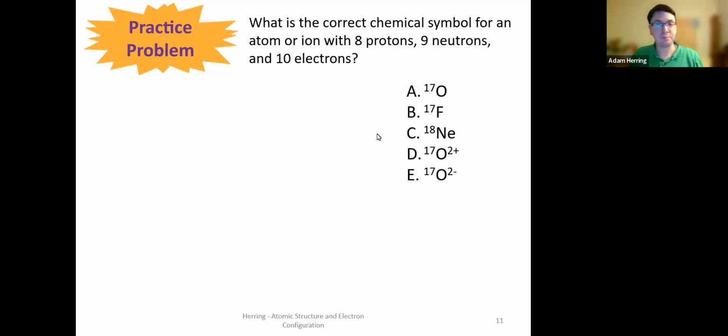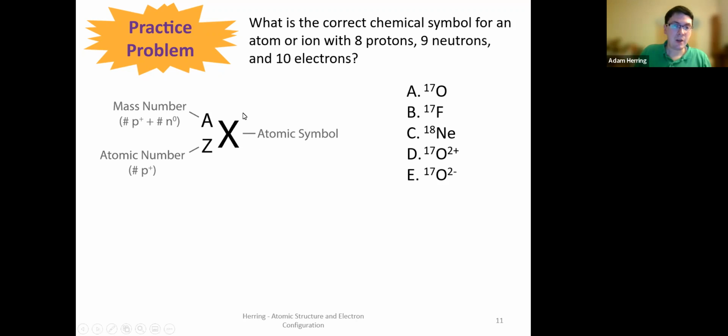All right, let's see if you figured it out. So the elemental symbol is going to come from the fact that we have 8 protons here. And that atomic symbol we have here in a larger font. The mass number is in the top left-hand corner, and that is the sum of the protons and the neutrons. And then the atomic number, which is represented by the symbol Z here, is the number of protons. So since we have 8 protons,